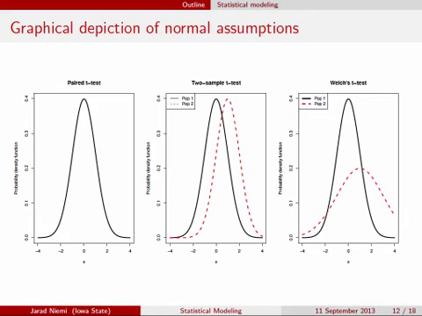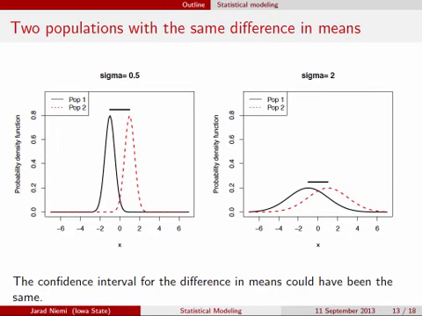Okay. All right, so pictorially, this is what these assumptions mean, right? If you were to plot the entire populations as a histogram, they would look like these curves. Okay, so